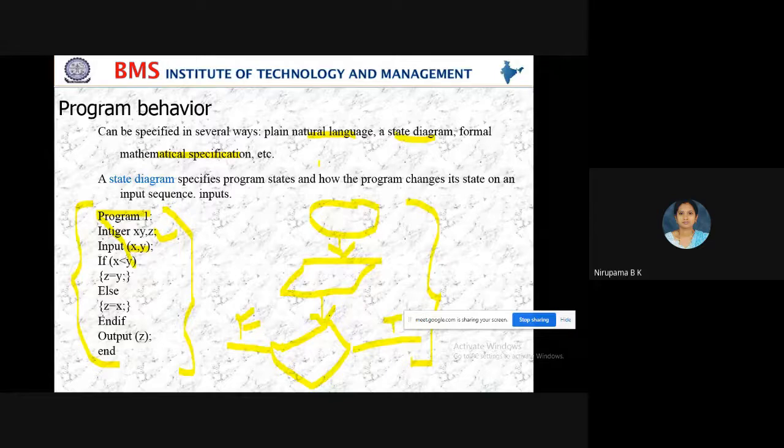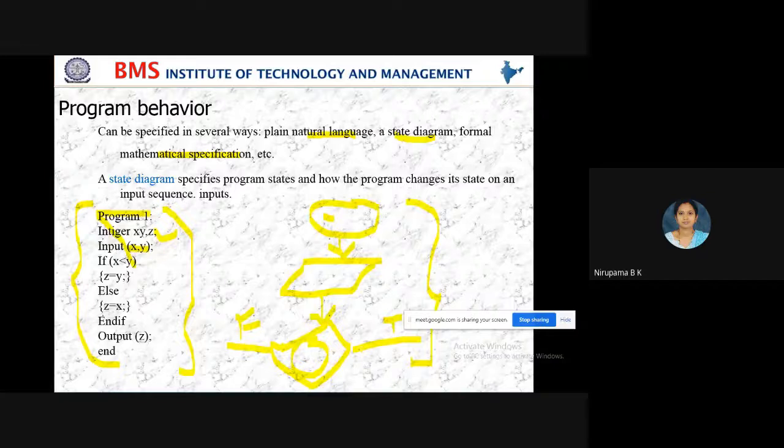A state diagram specifies the program state and how the program changes its state on an input sequence and output. Here it is output, and by mistake I have written input. The state diagram shows how the input is taken, and after taking the input, what operation it performs. Here this is the start.